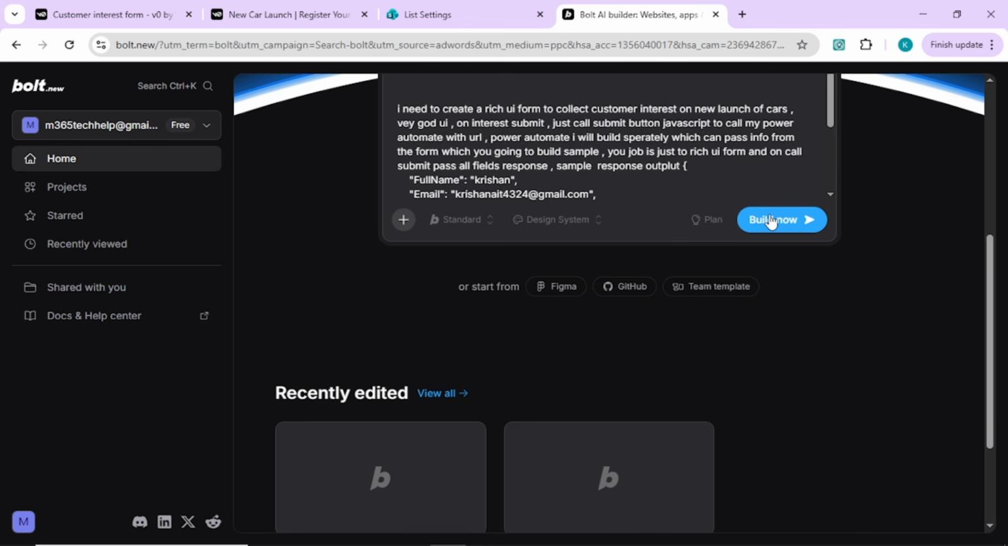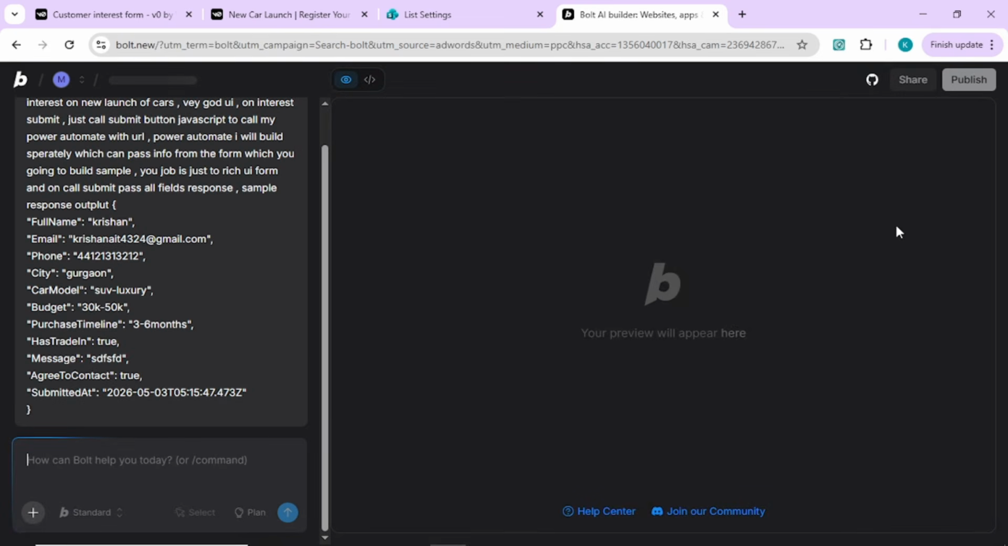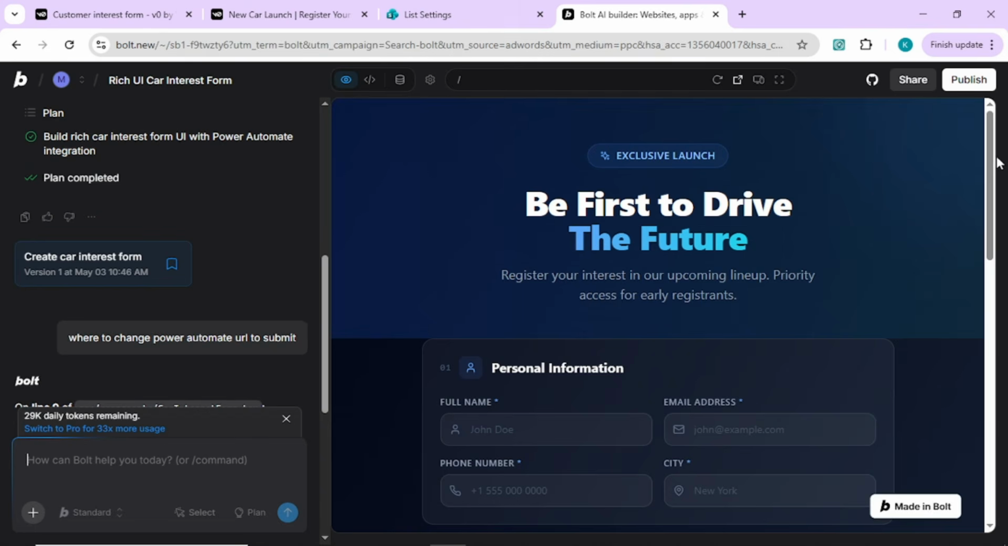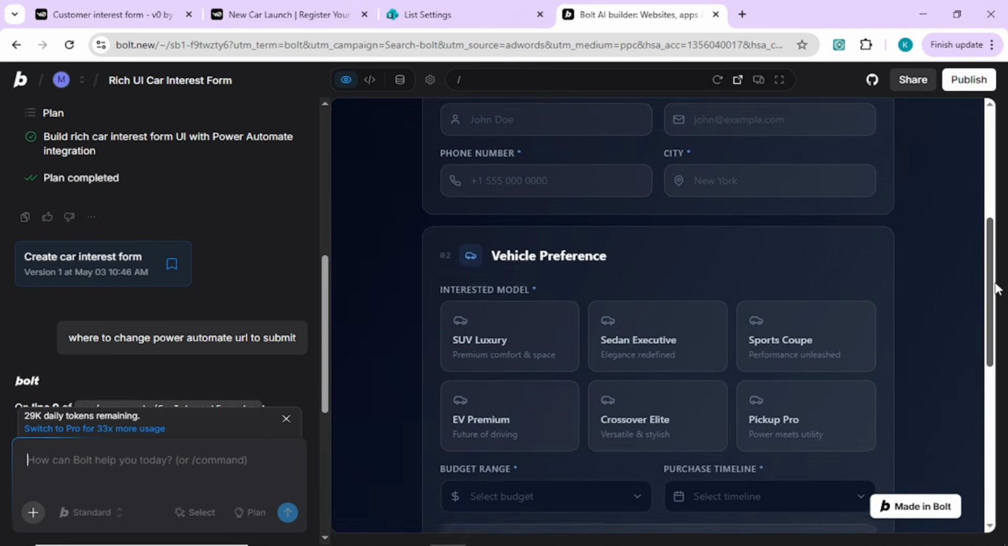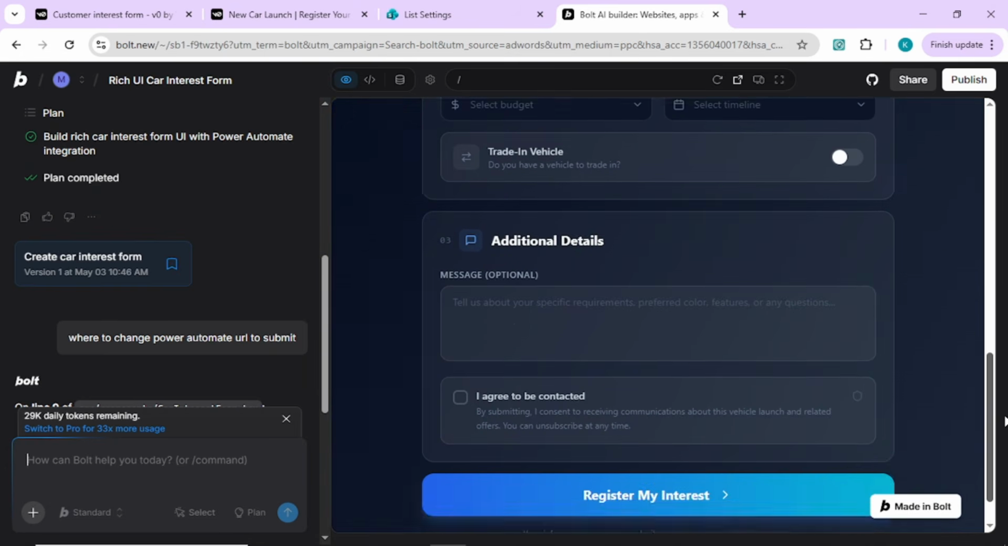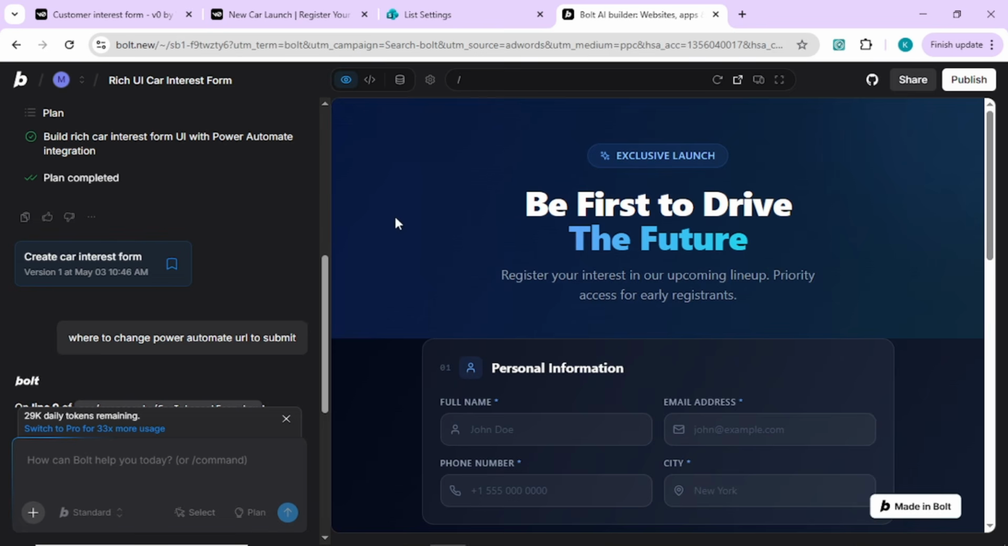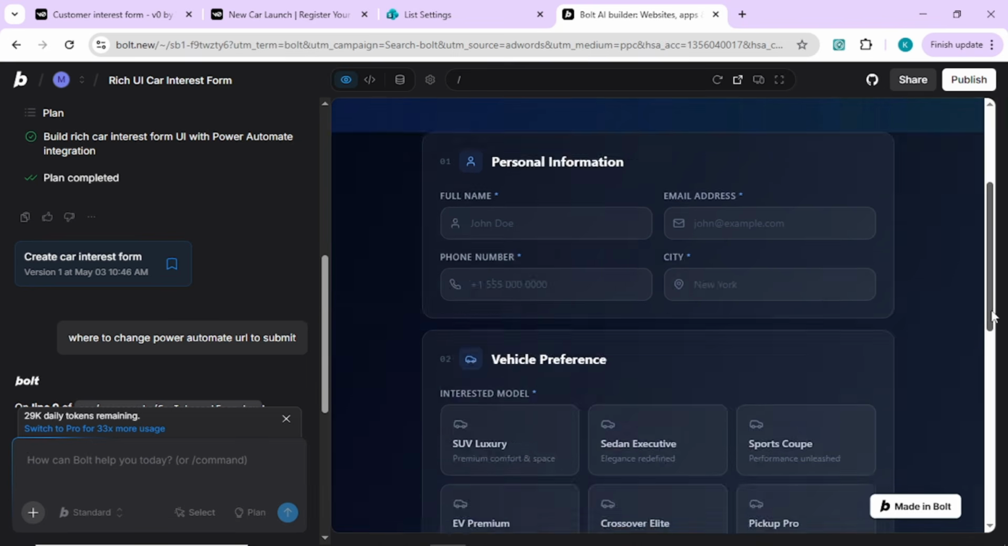So we will wait for this tool to build out the UI for us. It gave me a wonderful form for showing the car interest. I have personal information, vehicle preference, and all of the sections. You can put in your branding as well. You can just provide the logo and all that stuff, and it will recreate the form for you. Now the final part, on the submission, I would like to connect that